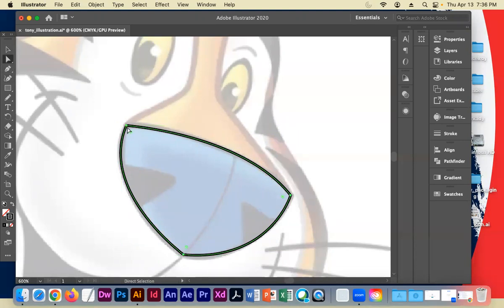You also have your direct select, which allows you to select individual points inside the shape you just drew. Direct select for individual points, global selection to get the bounding box that has scale and rotation built into it. Now,